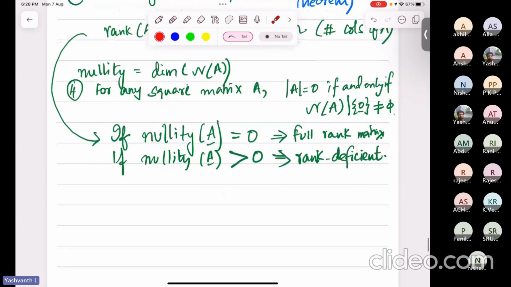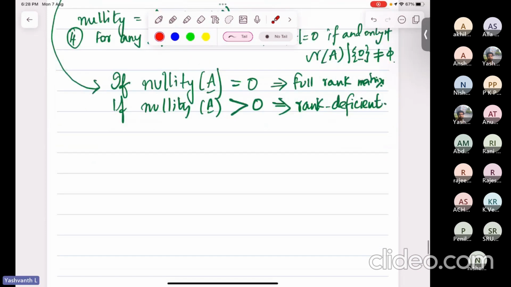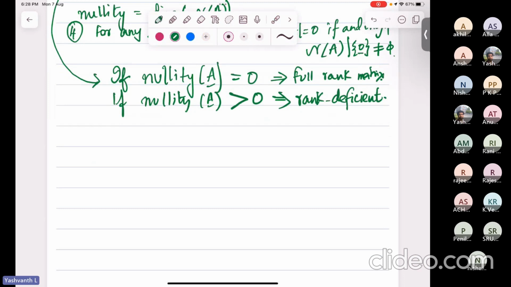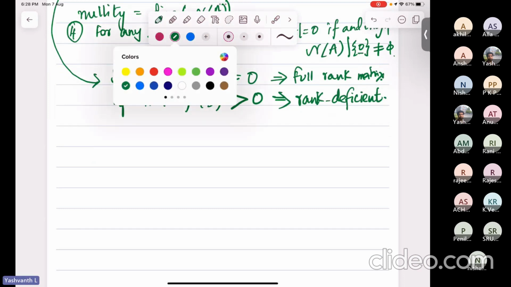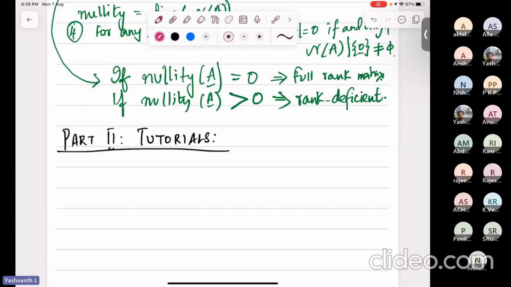So this is a brief summary of what the professor had done in the class. Now what we will do is delve into the second part of today's session, which is part 2 on tutorials, some problems and corresponding solutions. So the first question is,